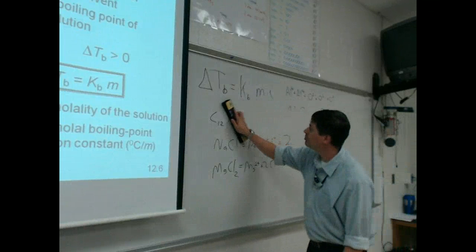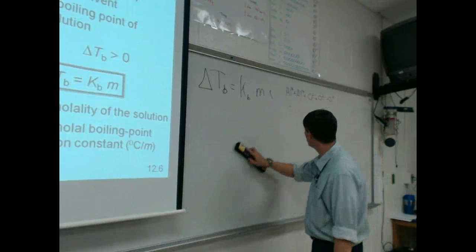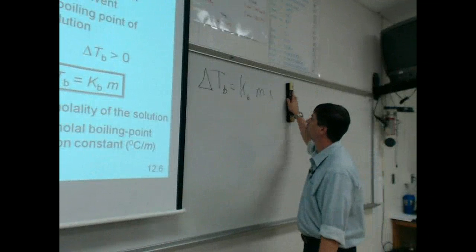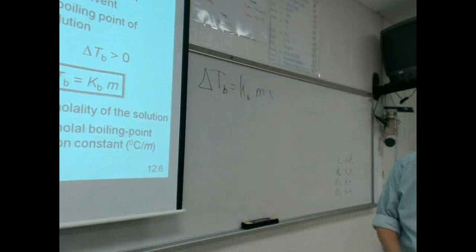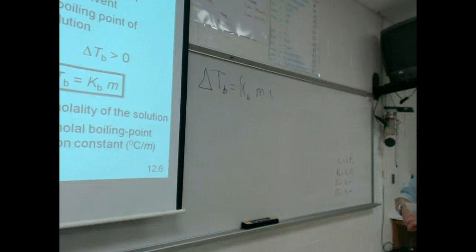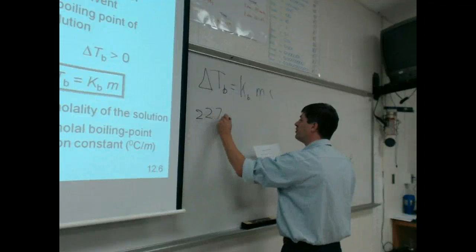All right, what problem on our little worksheet is a boiling point elevation problem? Number 4. Calculate the boiling point of a solution made from 227 grams of magnesium chloride to 227 grams